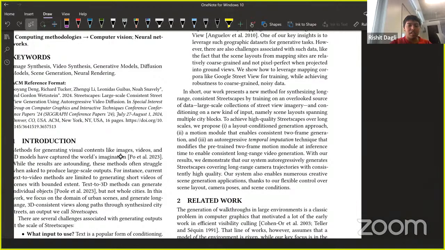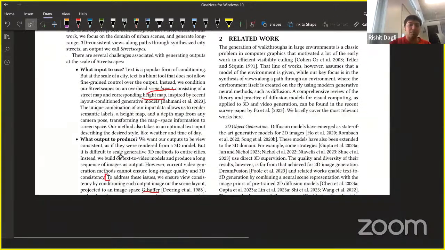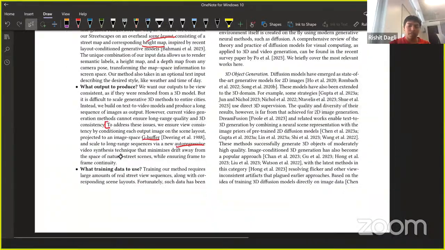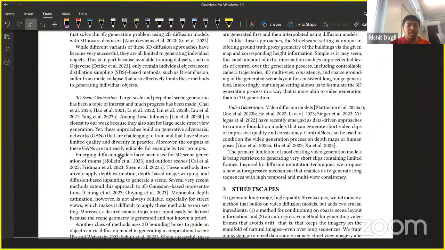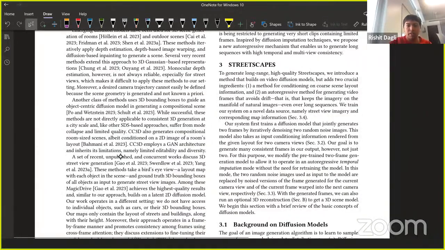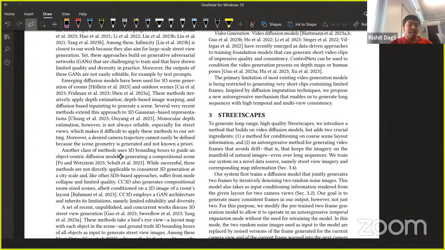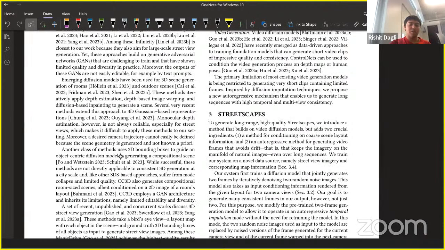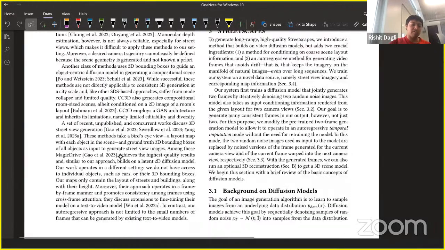Yeah, they talk a bit about related works, where they talk about 3D object generation, 3D scene generation, and then I believe they also talk about video generation. So all of these are pretty standard methods, pretty standard problems, and there are a lot of approaches to do that. So we can probably skip most of these, but they have an interesting paragraph here